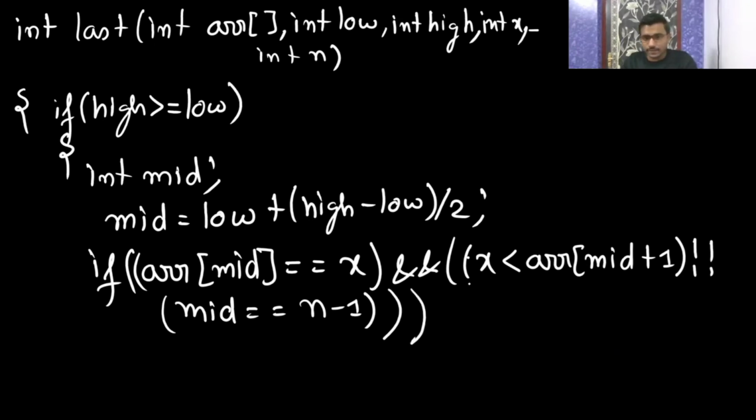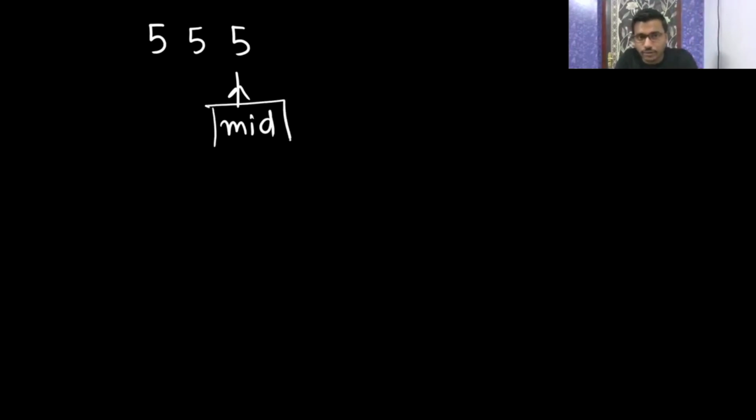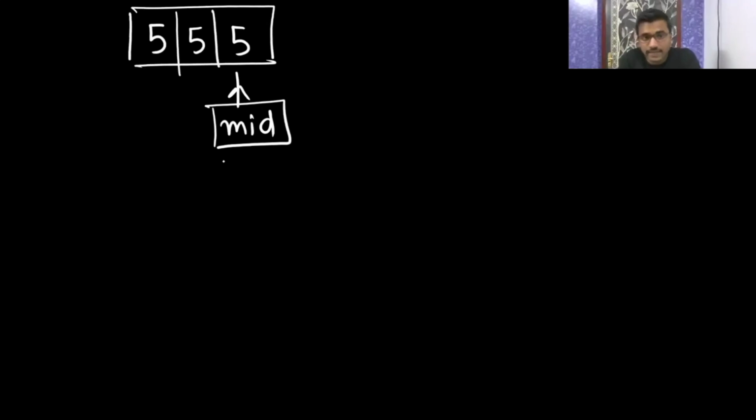So now this is closed here, and for this outer. See, let's assume you are having some elements like 5 5 5, and you find that mid, because your mid is going to find the last occurrence, so it will go to the last 5. Now if it is the last occurrence and the array has only 5 5 5, the array is finished and it is the last occurrence.